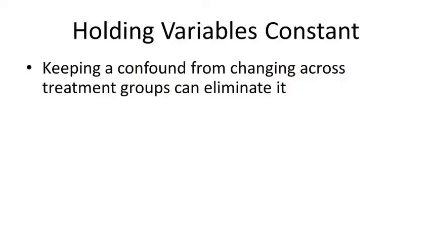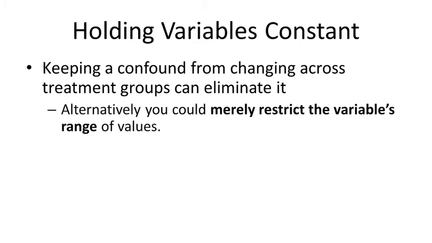Now, the third way that you can deal with individual difference confounds is by holding variables constant. What we're basically saying here is that you're trying to keep a confound from being variable. You're trying to literally eliminate a variable. The way you could do that is by, for example, only recruiting male participants, or only recruiting Caucasians, or whatever variable it is that you think might be a confound. You just make sure everybody has the same level of that variable. But that can be problematic. Obviously, that presents some problems. We talked about those before.